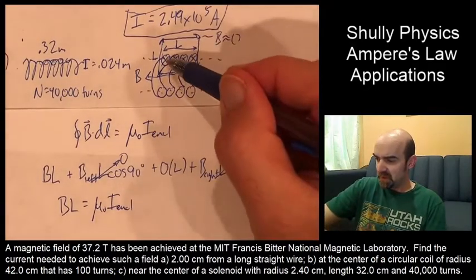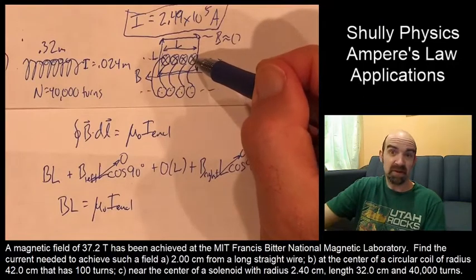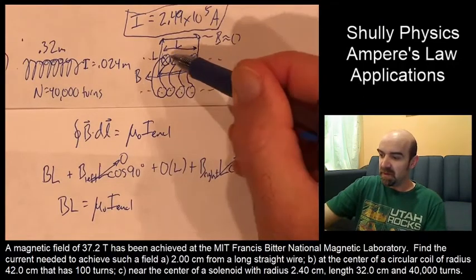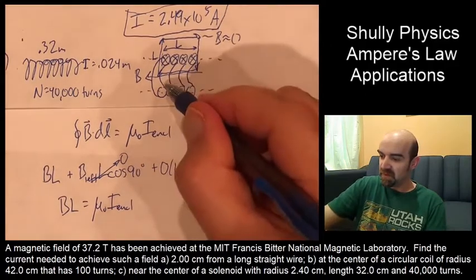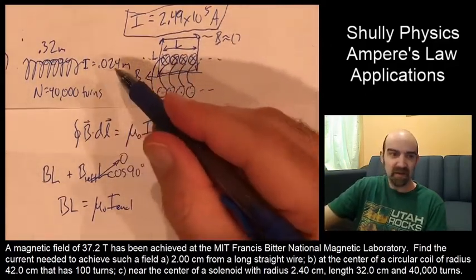Well, if there are n number of turns, say I got 4 here, then there are 4 currents. Okay? If each of these loops has a current I flowing through it,